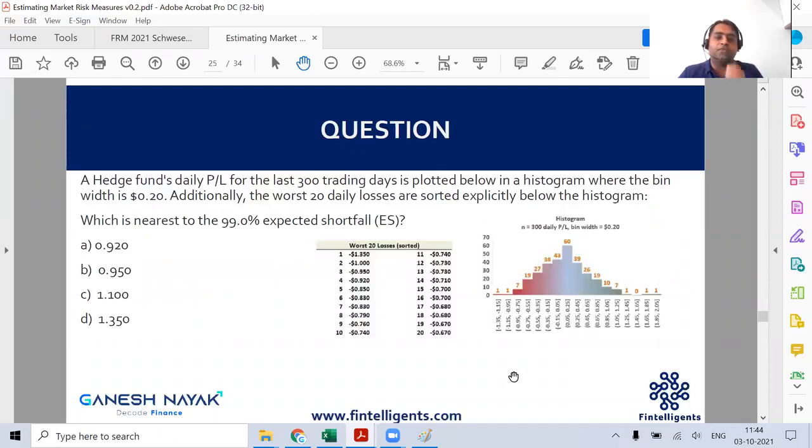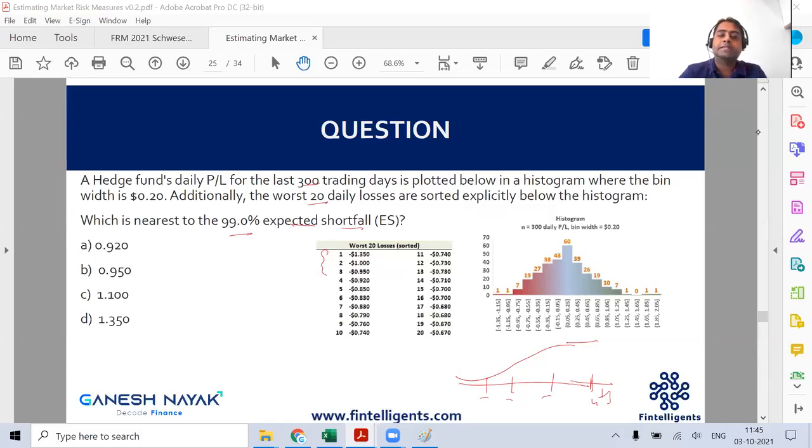Over here, we are supposed to solve the same question, but now the data is the same and they are asking you to find the expected shortfall for 99%. Same 300 data points, 20 worst data points are given. Your fourth data point is your VaR, right? So you have 1, 2, and 3 data points which are beyond the VaR point. You have to take the average of the first 3 data points. You will get the answer. What would be the answer? A, B, C. Is it C? A lot of people are saying it's C. Kindly cross check.